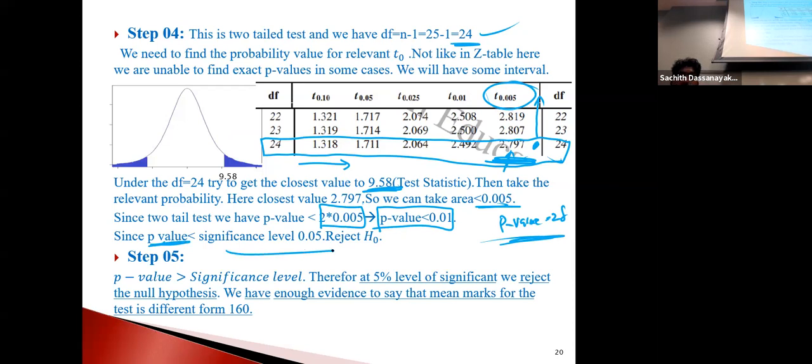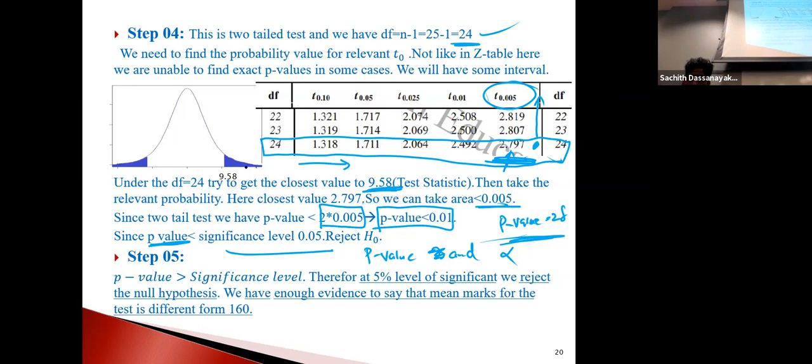So your significance value is 0.05. If you consider the p value and alpha, you can see that alpha is much larger than your p value. So it's definitely reject. Okay, this is how you deal with it. This is the only thing I think you need to learn. If the t value cannot be found in the table, and most of the time you cannot find it, you have to approximate it. I told you there are only 5 values, 0.1, 0.05, like that.